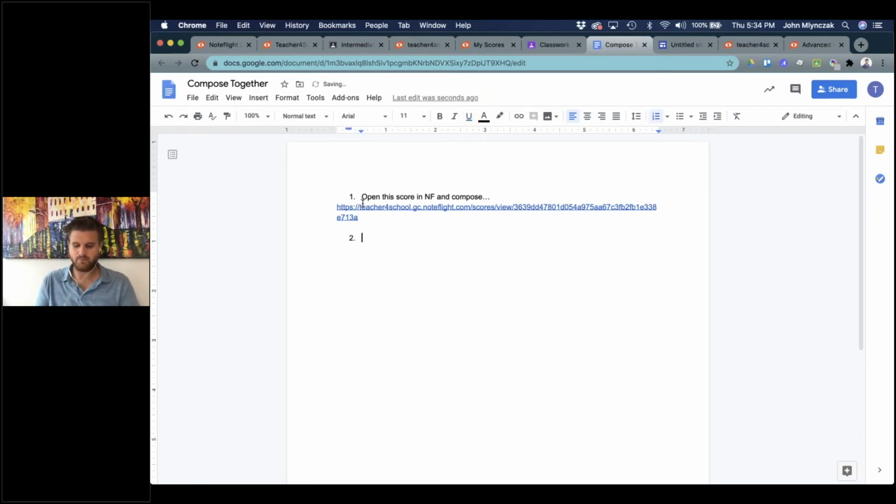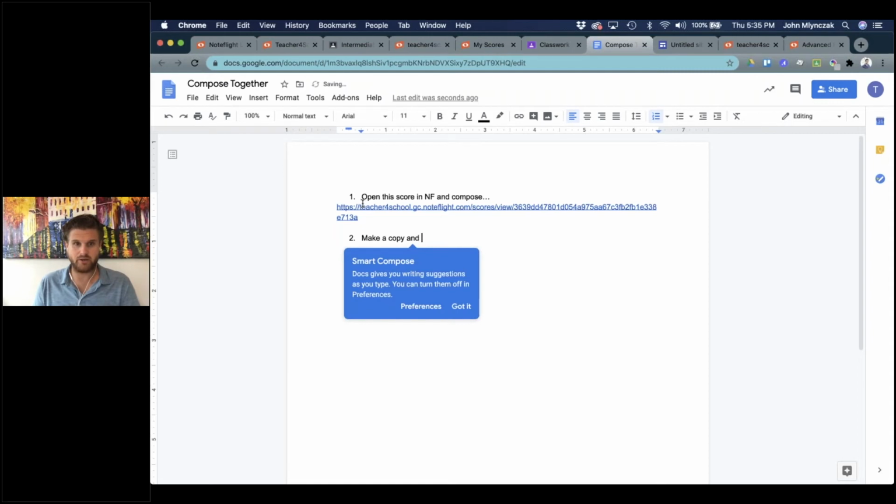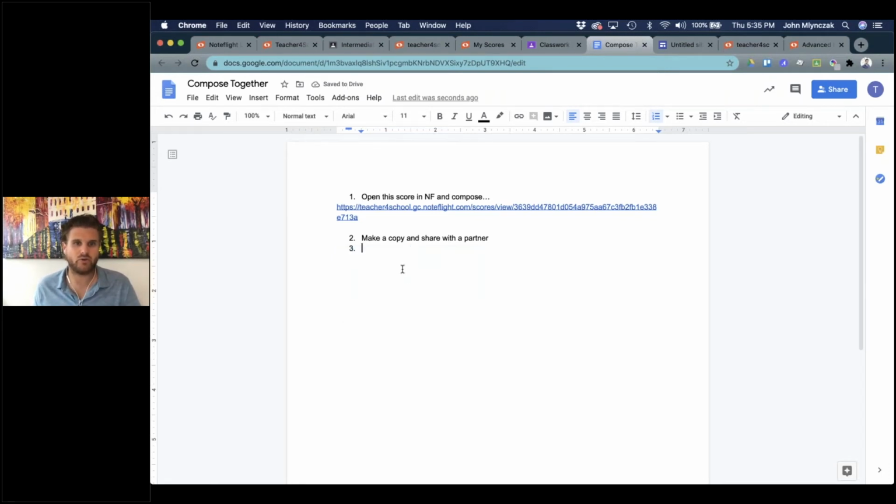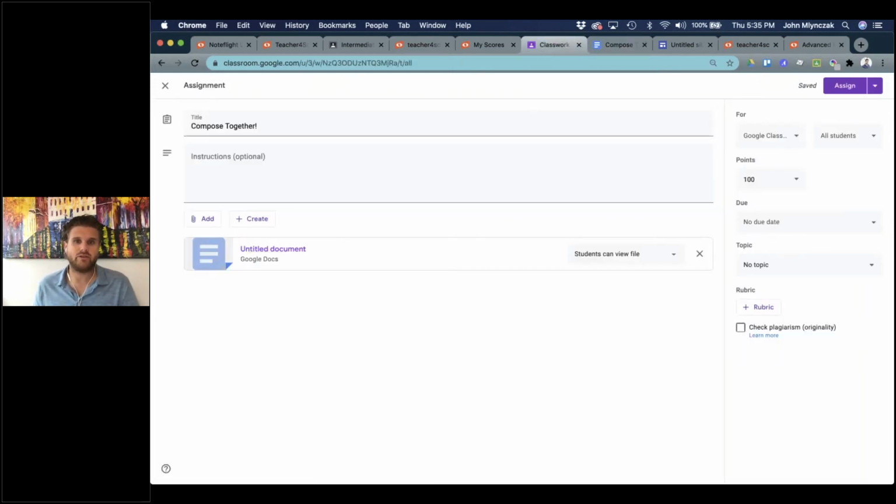And then 2, make a copy and share with a partner, right? So you could create these little steps here and even create reflections and all of that. You could go on and on. Google will give me writing suggestions. So you create this checklist as a doc, right? And then you make a copy for each student. So then you've shared a doc with the process, and it starts with a Noteflight score, allows them to collaborate